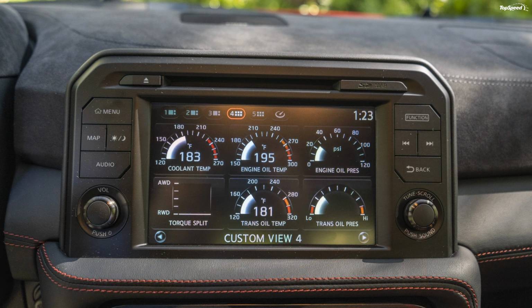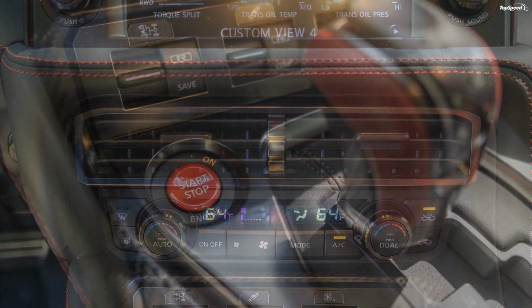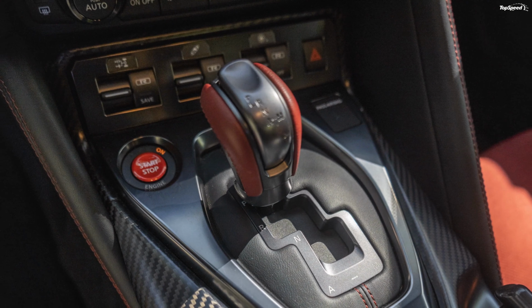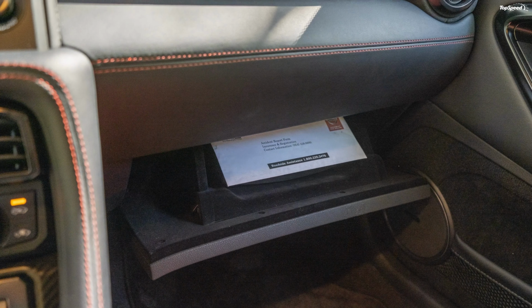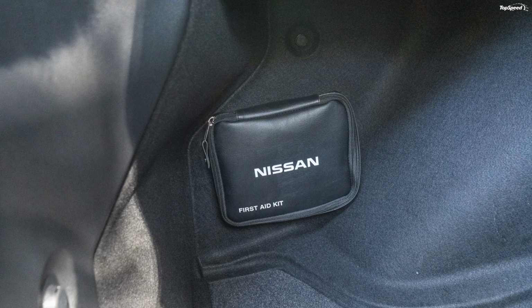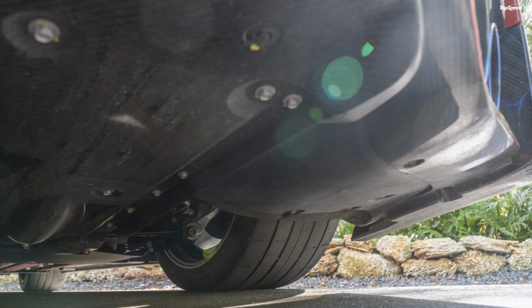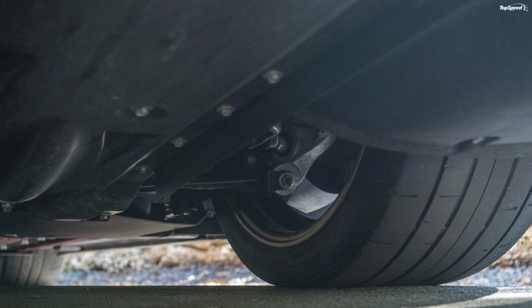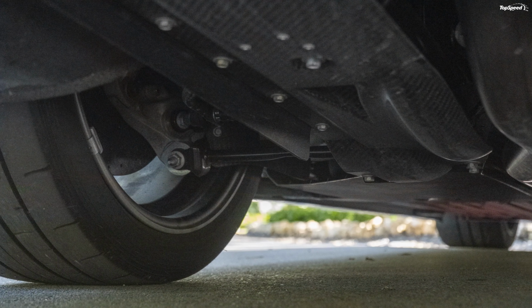Nissan GT-R Nismo vs. the competition. Porsche 911 Turbo S. When you think about sports cars, there's a good chance that the Porsche 911 comes to mind fairly quickly. If you really know cars, then the car that comes to mind is the Porsche 911 Turbo S with the 992 Gen 911 now on the market. A new Turbo S is on the way, but for now, we have to compare the aging GT-R to the previous Gen 911, but that's okay because the old 911 Turbo S has a lot of car in a small-ish